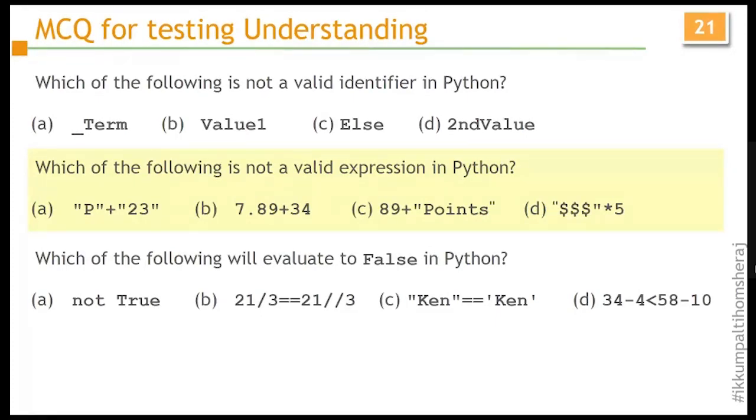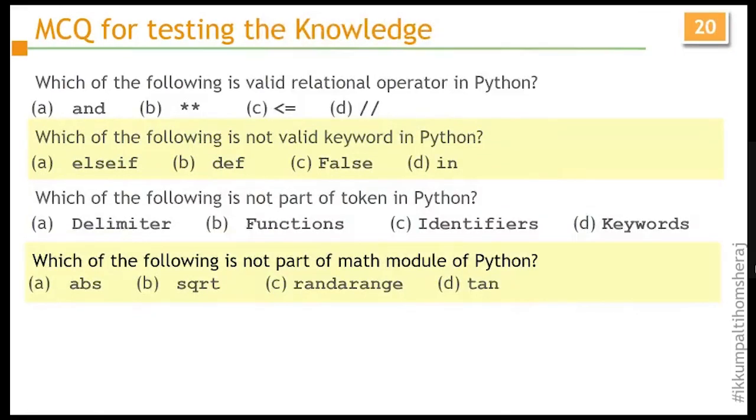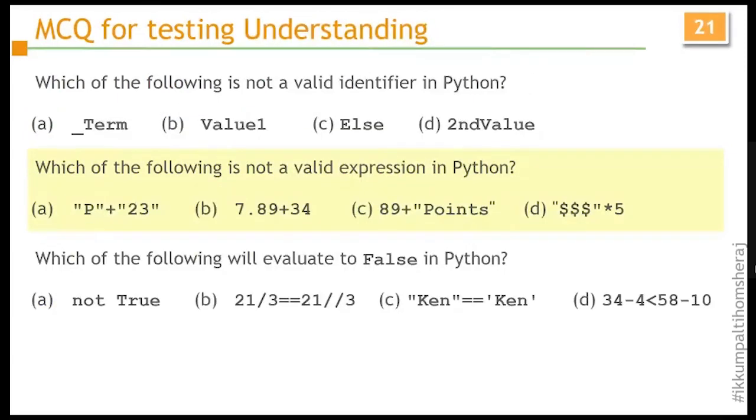Then we can have some questions from an understanding point of view. Those earlier questions were direct knowledge, whether they know or they don't know. Here, they have to apply some understanding, like which of the following is not a valid identifier in Python. When I'm talking about identifiers, we have to follow certain rules and check which option is not satisfying that rule, and that is what we have to kick out. So here D is the answer, as very specifically told to them, an identifier cannot start with a digit.